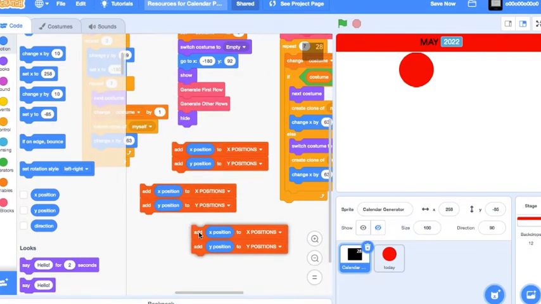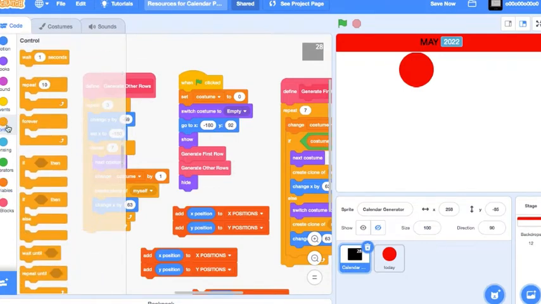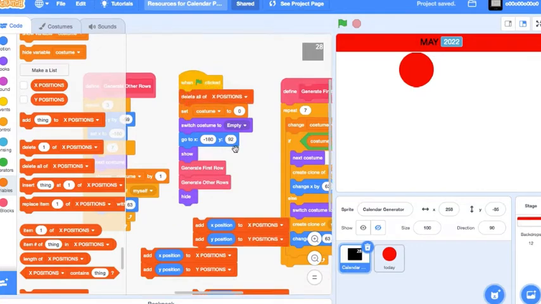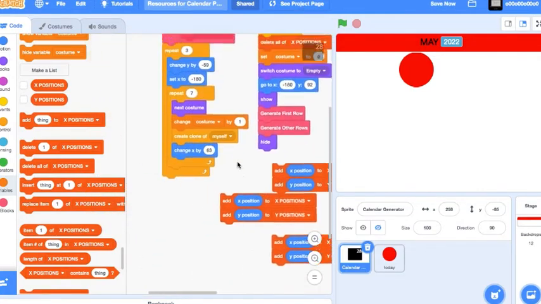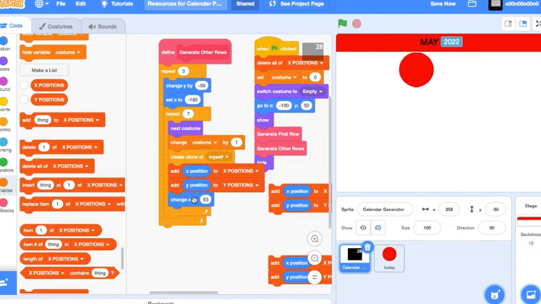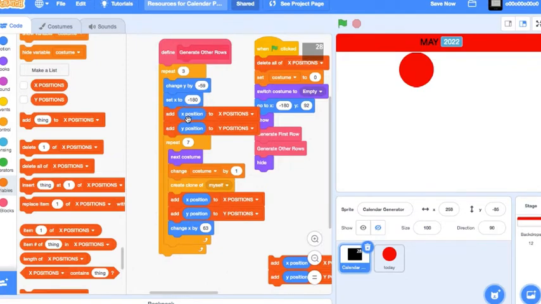Now when green flag clicked, delete all of x positions. Now let's take one of these and let's place it here before changing x by 63. Let's just place one after changing y by 59 and setting x to 180.